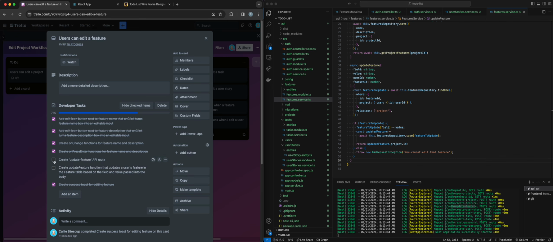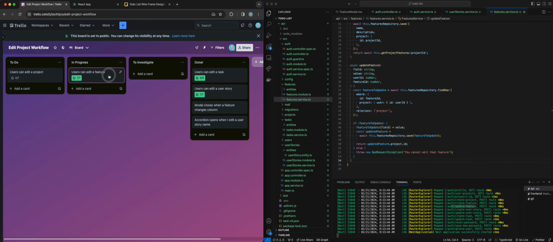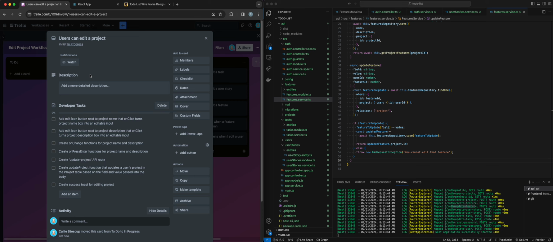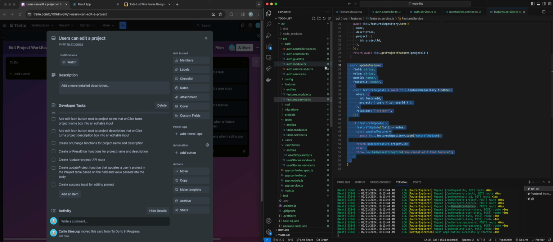We updated our feature, updated feature function. We are ready to move on to our final user story for edit project workflow, which is users can edit a project. Since I'm already on the back end, I'm just going to stay on the back end, okay? And I'm going to create my update project